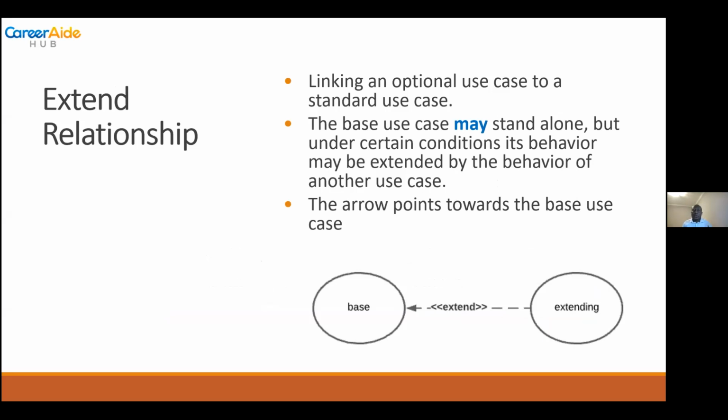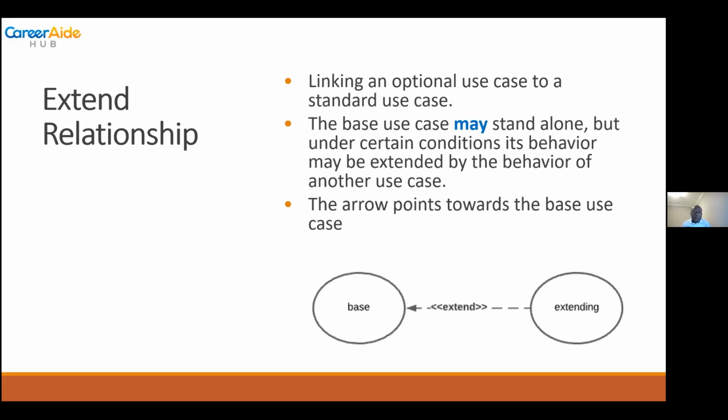And what does extend relationship mean? Extend relationship means that for the base use case to happen, the extending use case might happen. So there's a main relationship. It's optional. It is linking an optional use case to a standard or a base use case. The base use case may stand alone, but under certain conditions, its behaviors may be extended by the behavior of another use case. One classical example, if you log in,